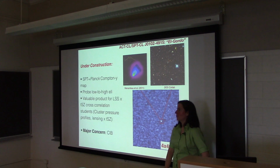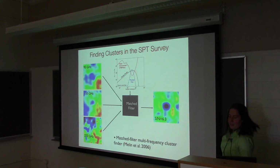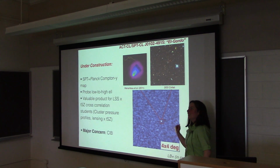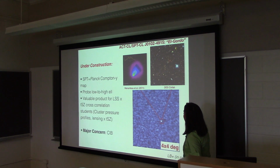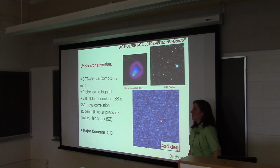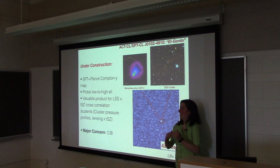For the richest clusters, do the maps need to pick out the filaments feeding the clusters? That's one of the things we'd like to do with these Y maps. For some of the Planck clusters, they're saying they might be seeing signs of a filament. But one of the hopes for future Y maps is to actually be able to see this filamentary structure. We could perhaps detect it in cross-correlation right now, but not yet. So it sounds like you just need a big enough sample to pick out the outliers, which are the most spectacular cases. Yeah, and we need deeper data. So the combination,